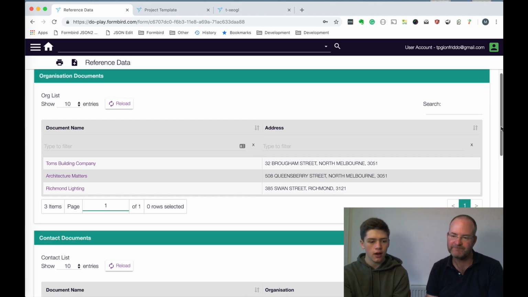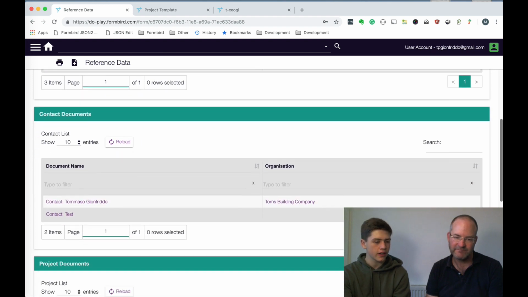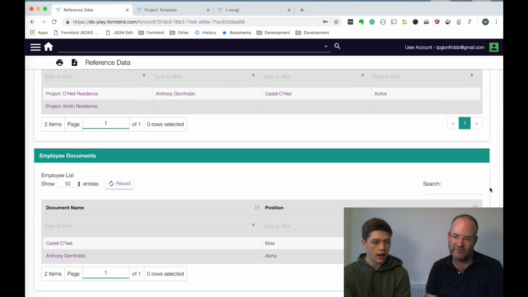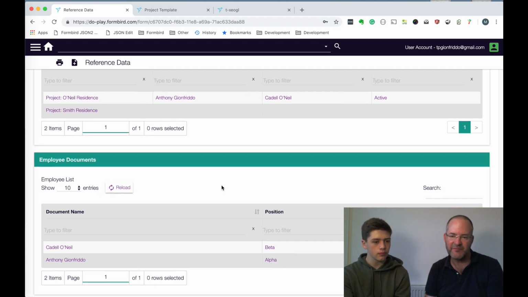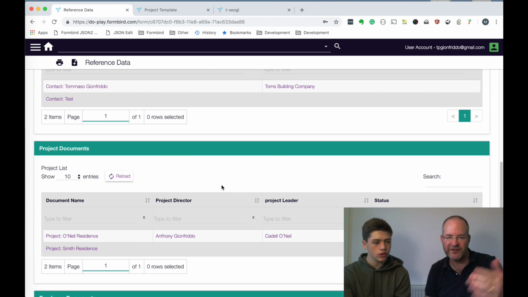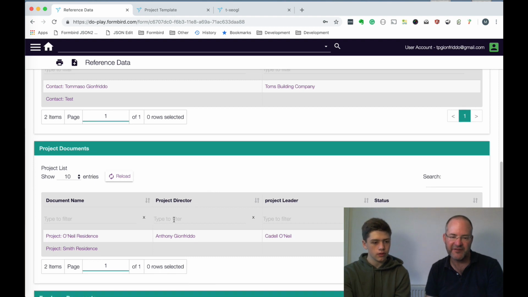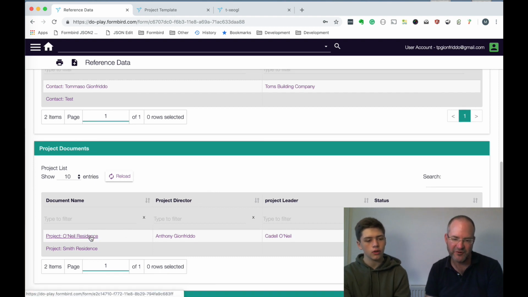Then we've got contacts, so clients, mainly just clients. Okay. Then project documents, and then the employees. Okay. So that's kind of like a starting page that you just use to navigate, I assume. So why don't you dig into a couple of those documents and explain how they all work together?